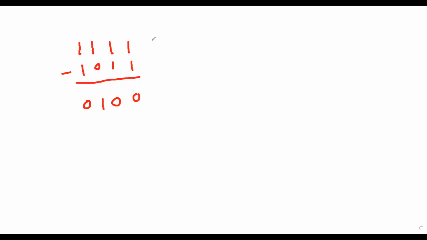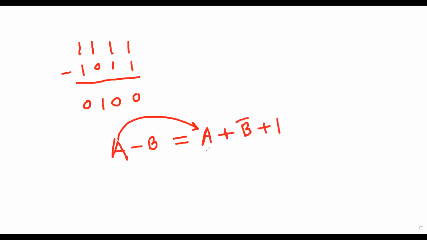How to do the 2's complement? What do you mean by 2's complement? 2's complement is like this. A minus B, the operation for the computer is this. A is positive, so A will remain as A, no changes. But since the computer cannot do subtraction, there is no minus. In place of minus, A minus B will be A plus B bar plus 1. By the way, the MSB should be ignored. Remember, no MSB.